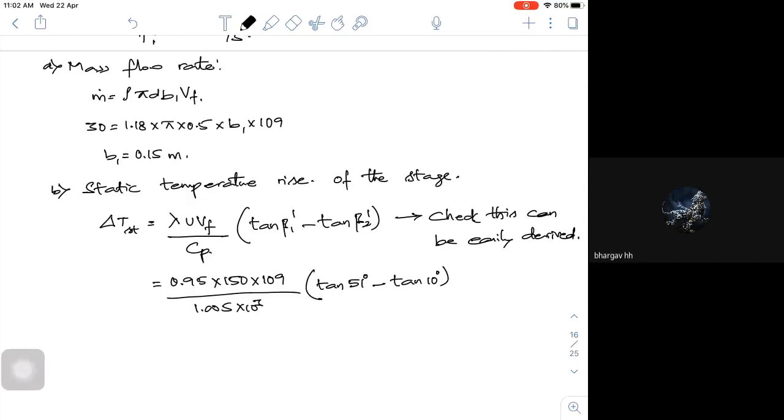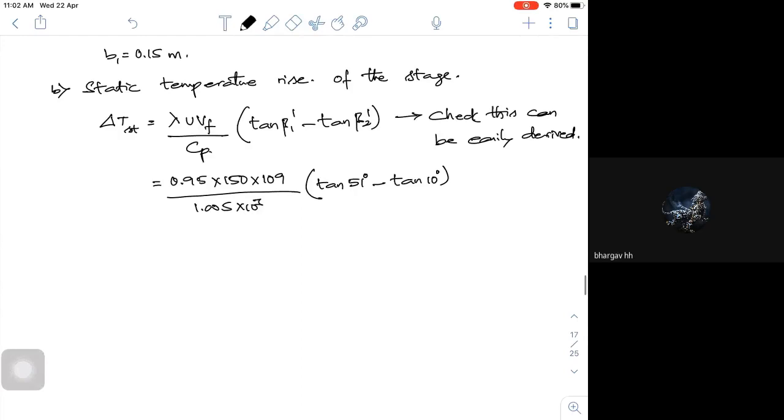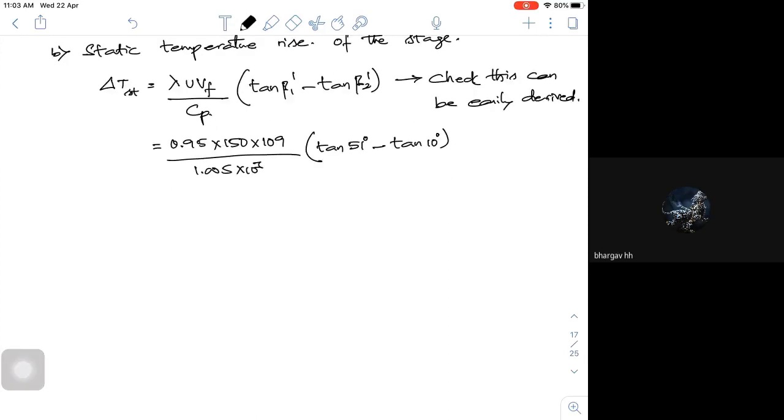So we have done this particular problem. Hope you remember that work done is given by mCp into T2 minus T1. That's the clue. Work done is given by mCp into T2 minus T1. Now for that particular formula, multiply by your lambda, that is your work done factor, you will get this. So that's the clue I am giving you. Please work on it. So from this I'll get the corresponding temperature rise as 16.37 degrees Celsius or Kelvin, because this is delta T.